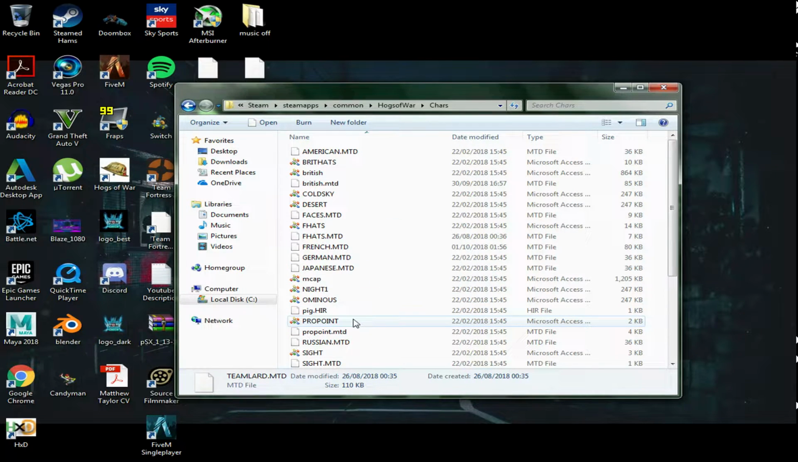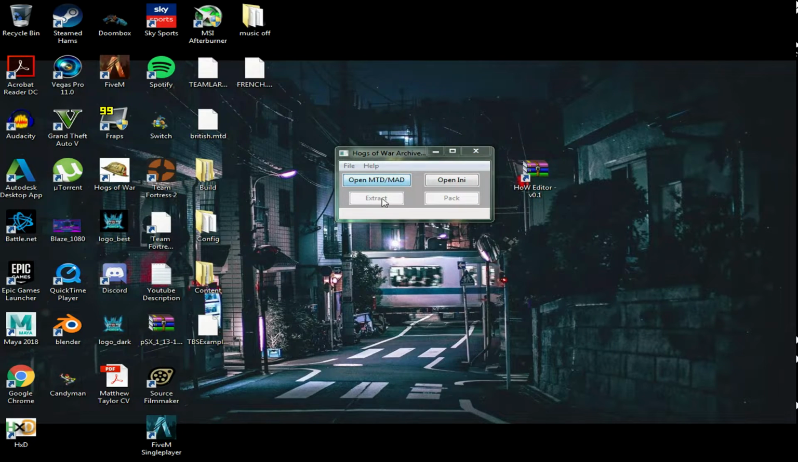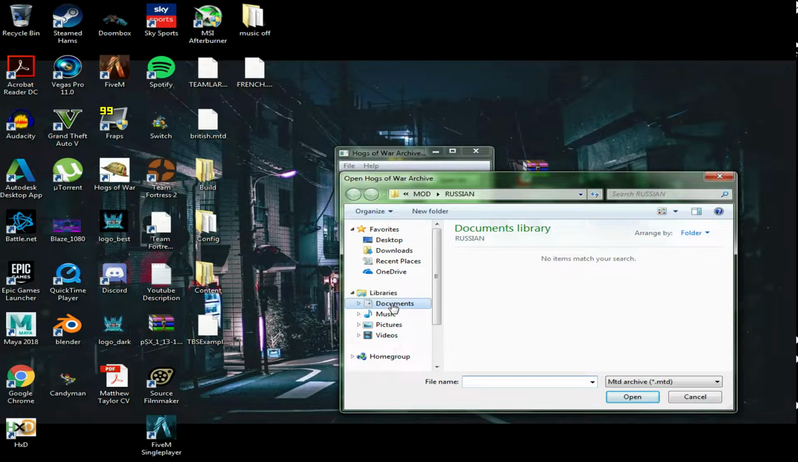I've been working on my own texture pack, which I will release to the community at some point when I'm finished doing it. I've only gotten through Team Lard, the British and the French at this point, so we're going to move on to the Russian. As you can see, you've got the MTD file here. So what you want to do is head back to the editor, open up the MTD, which if we navigate to that again,